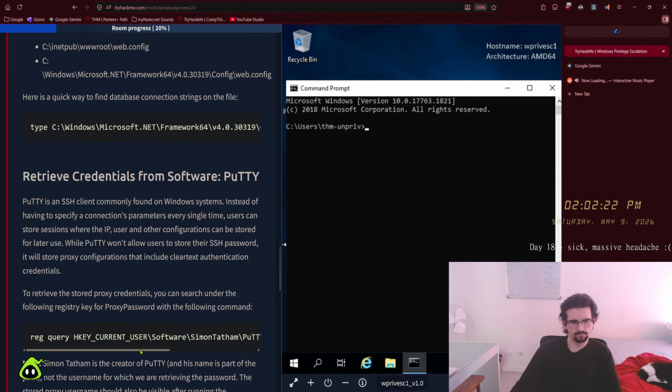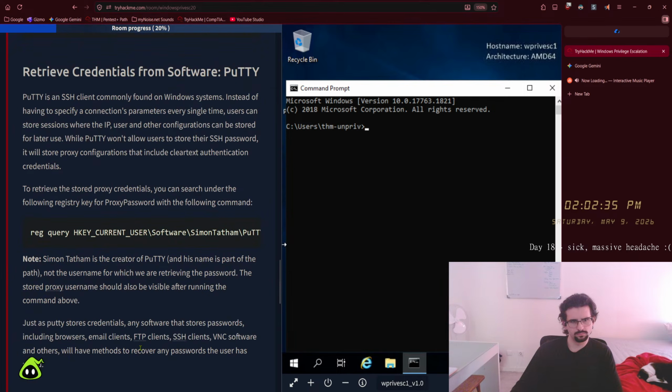While PuTTY won't allow users to store their SSH password, it will store proxy configurations that include clear text authentication credentials. To retrieve the stored proxy credentials, you can search under the following registry key for ProxyPassword with the following command. reg query HKEY_CURRENT_USER\Software\SimonTatham\PuTTY\Sessions /f "Proxy" /s. Note: